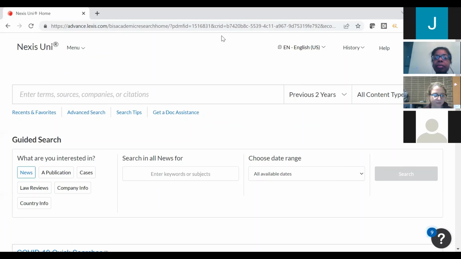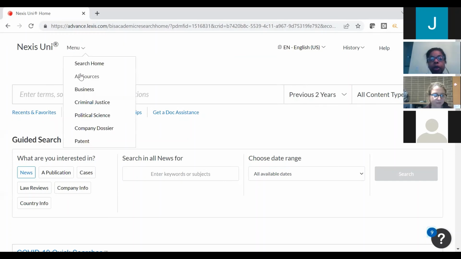Okay. I was wondering if you could show, it's something that I'm familiar with, the all sources, where you could look at all the sources. I don't know if that might be helpful too, for secondary. Oh, no worries. Yes, if you go to menu and you click on all sources,